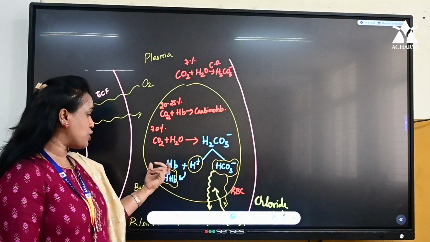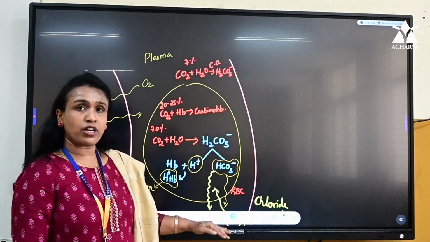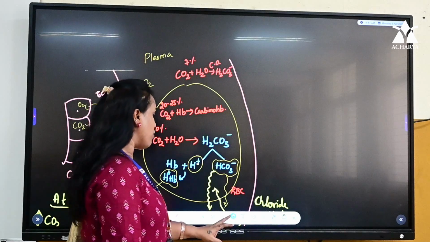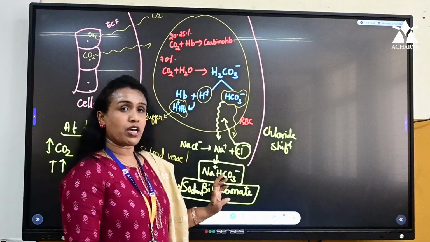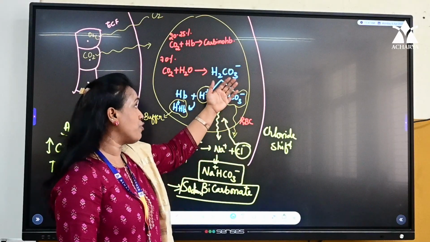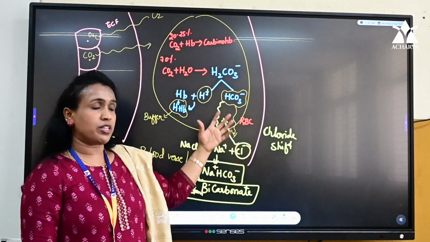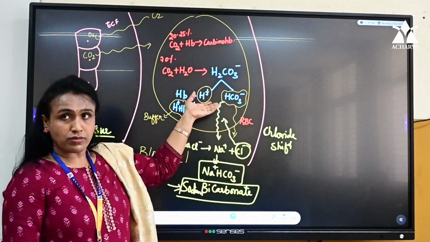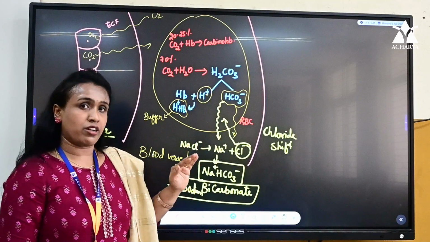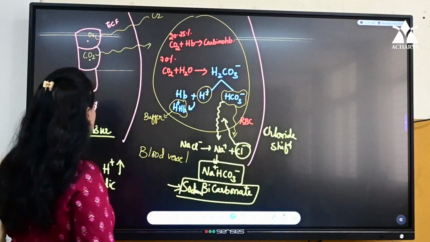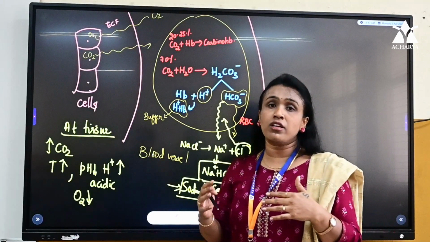H plus combines with Hb to form a buffer agent, that is H plus Hb, and HCO3 will enter into the plasma of the blood where it combines with the sodium to form sodium bicarbonate. Once the negative ion has moved from the cytoplasm to plasma, one more negative ion should shift, that is chloride is shifting to the cytoplasm of the RBC, managing the electrolyte balance. So this is at the tissue level, and the same thing will repeat in the reverse order at the alveolar